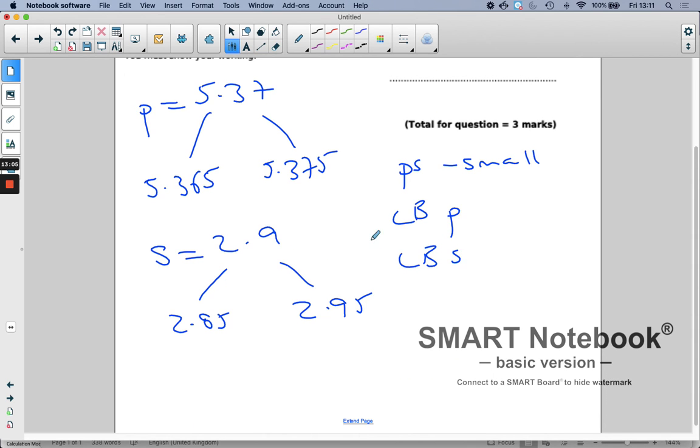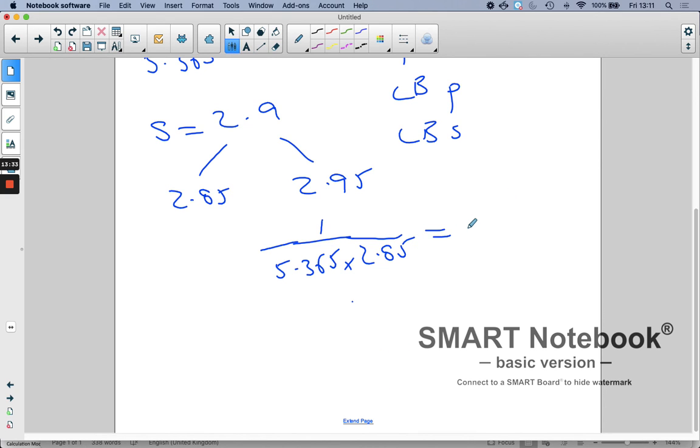So in my calculator, what I need to make sure I do is 1 divided by the lower bound of p, which is 5.365, times the lower bound of s, which is 2.85. This calculation will give me my upper bound of m. So on my calculator, I'll type that in. And I get